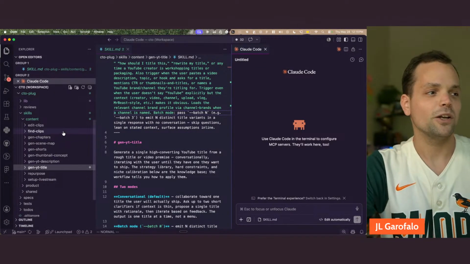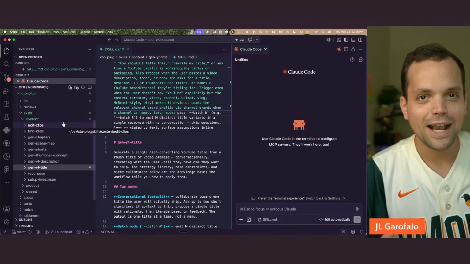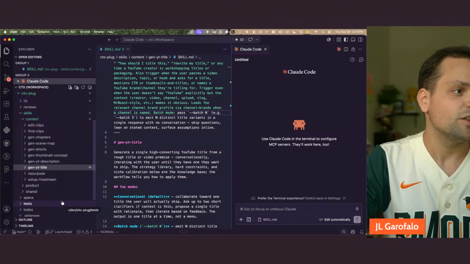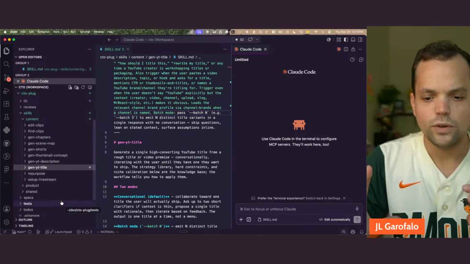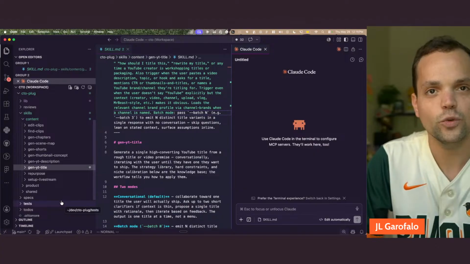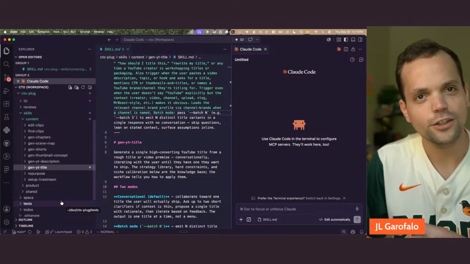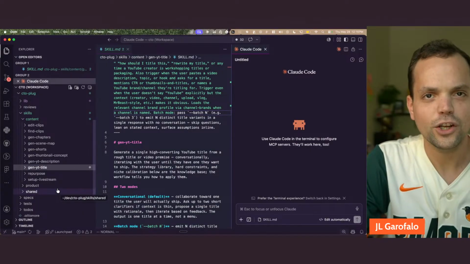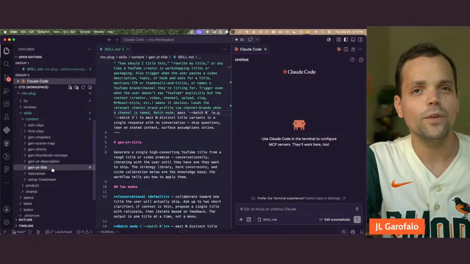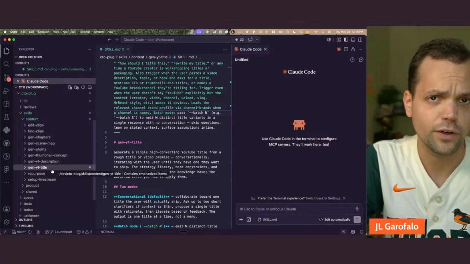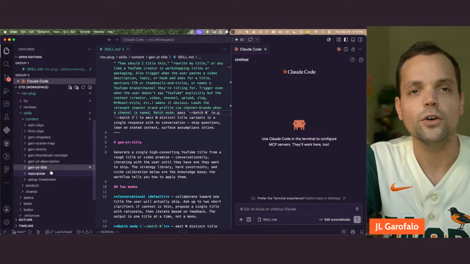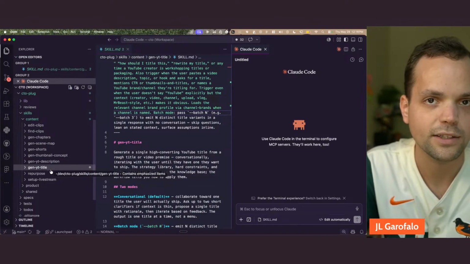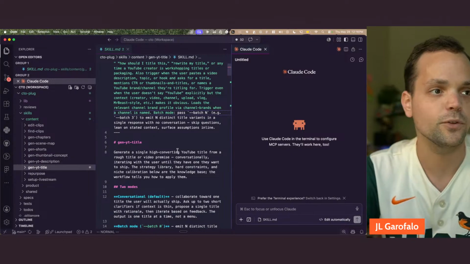So anyway, getting back into the plugin. The plugin is just a way that you can package together skills, the hooks, the agents. A skill is just a way that you can encapsulate how to do something, basically one unit of "this is what I do," like generate YouTube title. I can put all of the context for how to generate a YouTube title into this skill, and when I ask the bot, hey, generate a YouTube title, it's going to be like, all right, let me go read how he told me to generate YouTube titles. What do I need to do? What's the process? What does it look like? What are good examples? What are bad examples? That sort of thing.